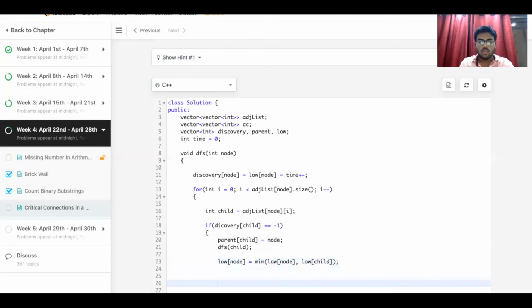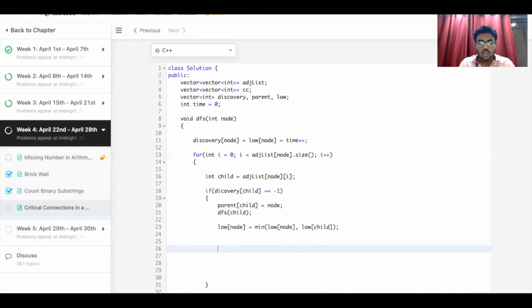And then we check if low of child is greater than discovery of node. If so, we push back into the critical connection, node comma child.